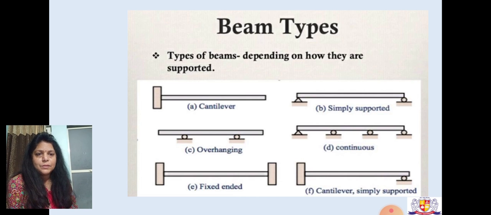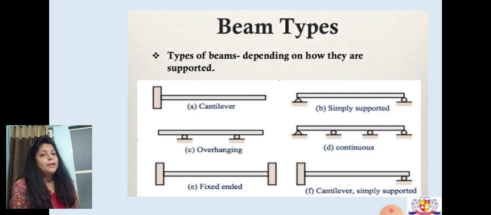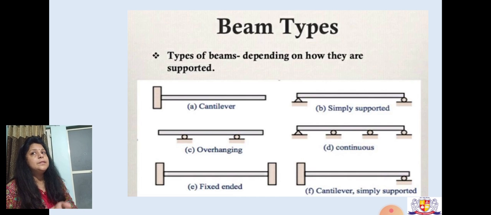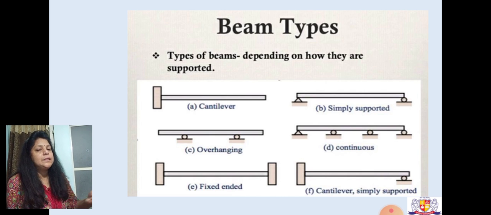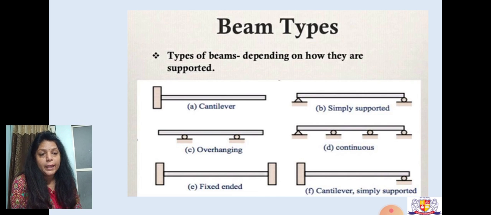It is of three types. First is right side overhang, second is left side overhang, and third is both side overhang, which is observed in this particular diagram. Now, what is the practical example of overhanging beams? Everybody has seen that in a high-rise building, the room has a balcony, right? So the beam which is connecting to the floor is projected or hanging towards the right hand or towards the left hand. So that is an example of an overhanging beam.